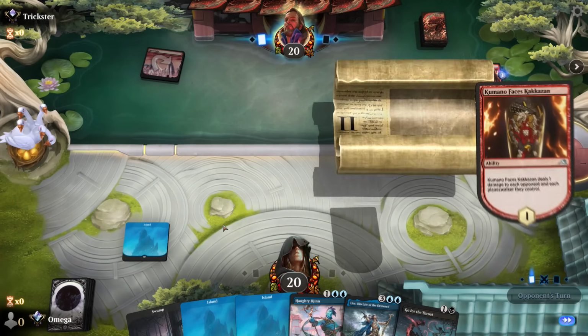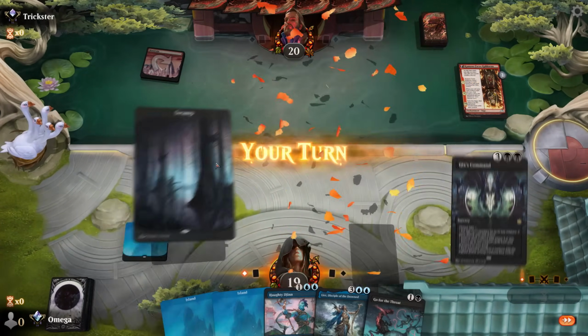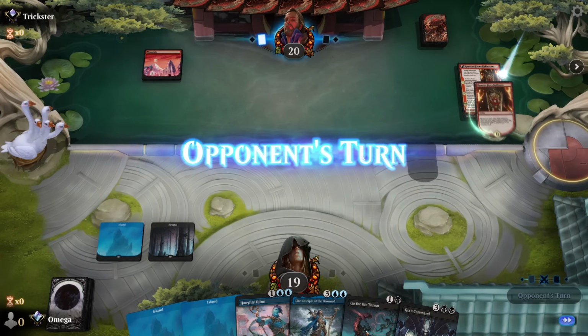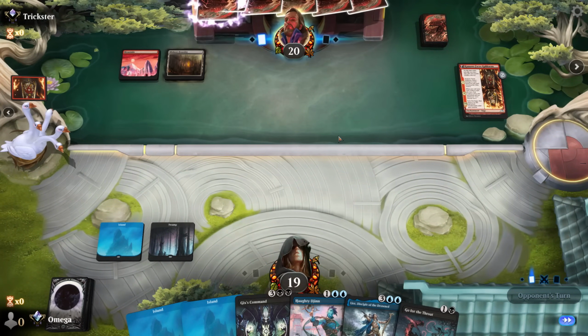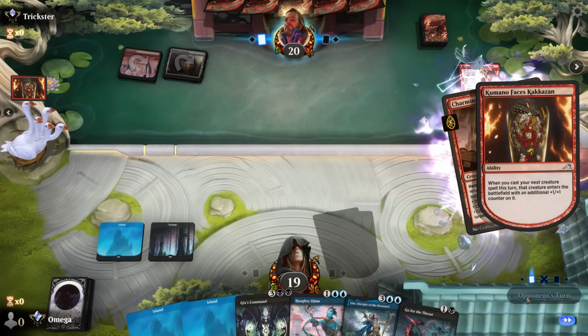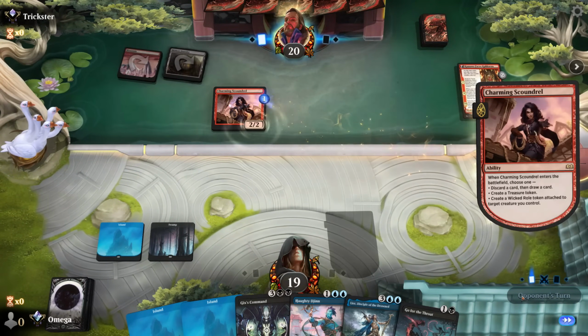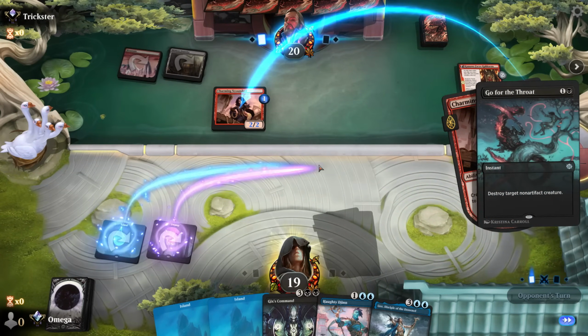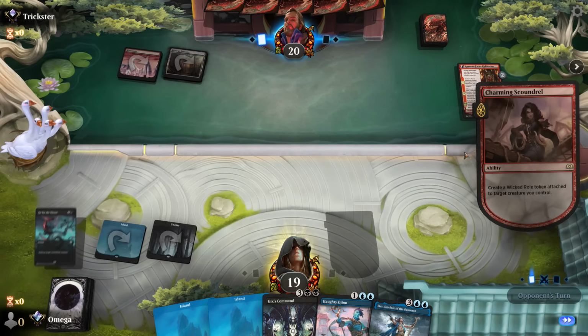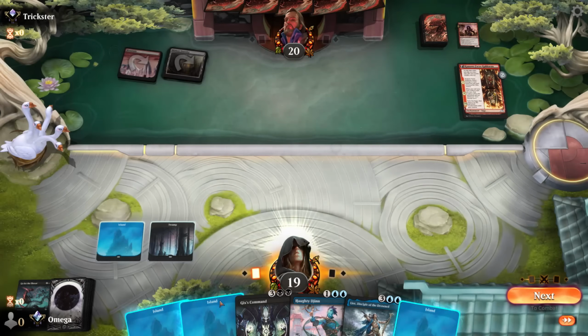Tricking opponent into thinking that he's mono red while being mono red. Alright, so we go for the throat, then Djinn, and then we see. I mean, that's the thing. Alright. That's super important to click it quick. And we kill it now, because it kills the counter and we don't lose life from, you know, the thing